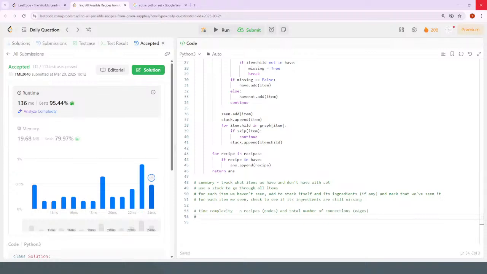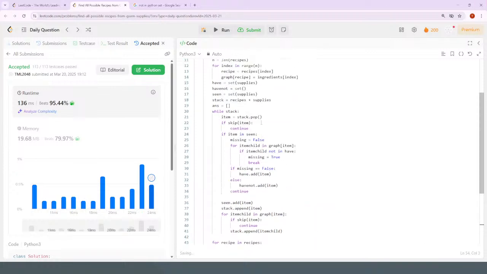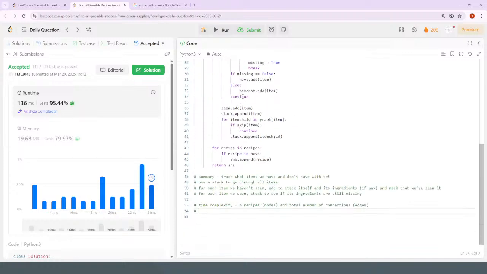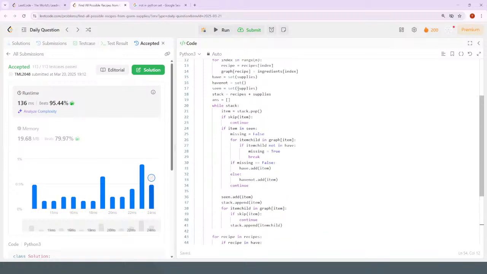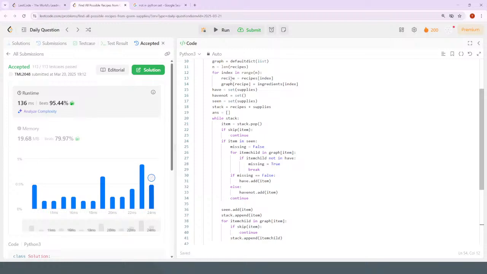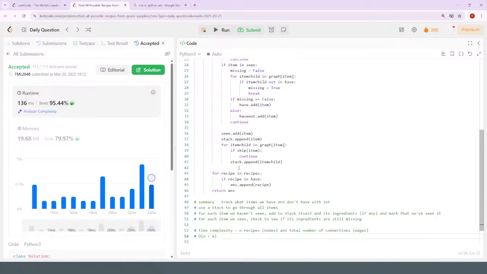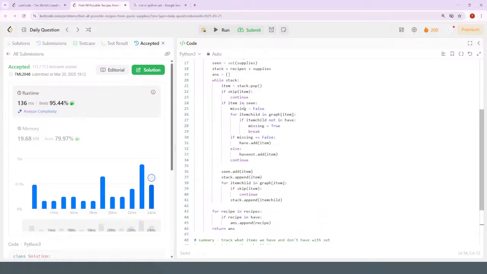Here you're pretty much traversing everything one time, I think. So it's going to be O of n plus m, because each time you look at something, you look at it again, so it's like 2n. And for each connection between that and something that it is a child of,